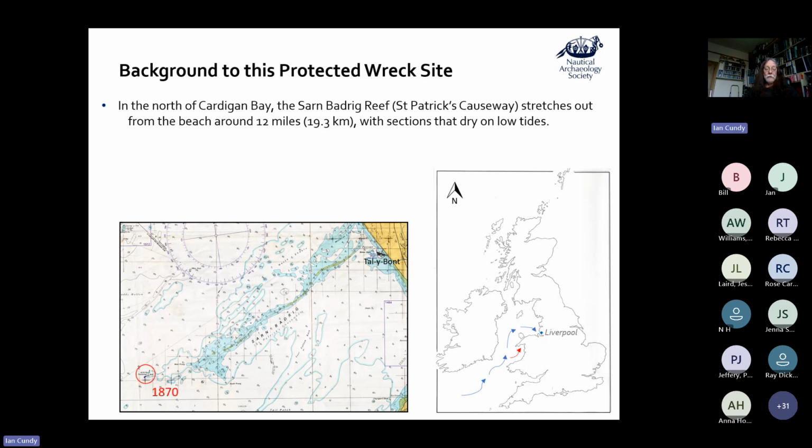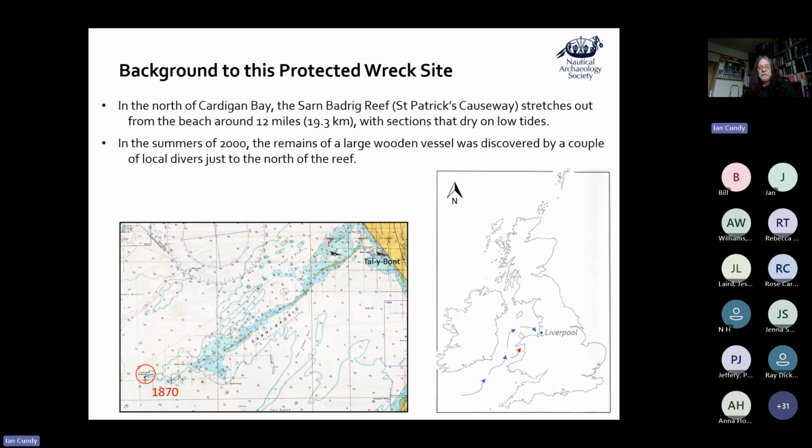Now, the reef itself wasn't buoyed until 1870. So that was quite late on through the 19th century. And there was a lot of hue and cry over the number of wrecks that were getting into trouble on this reef. So back in the summer of 2000, a couple of local divers were out looking along this reef,